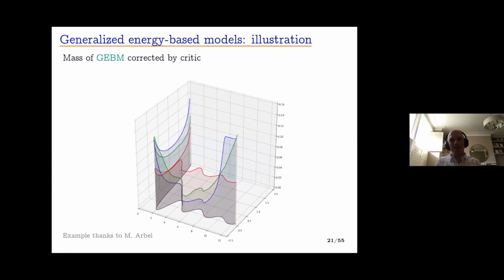Now, this green curve here is what happens when I fit a generalized energy-based model. So what it's done is it's taken the mass which has been placed by my generator, my Q, and then it's reweighted it to give a new Q, which is a function not only of my old generator, but also of my energy function. And this green function is closer to my blue, so it's a better match for the target. Okay, and so this is, in a sense, a difference over a GAN, where the GAN would only have the red function, but it wouldn't be using the additional information which my energy function is giving me.